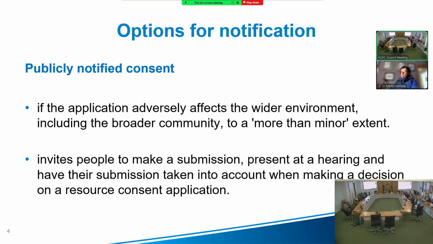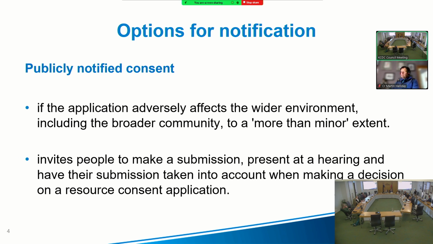They then consider, is it something that can be mitigated to a lesser effect? And if it cannot be mitigated, then potentially it would be publicly notified. A third criteria that really affects public notification is if it is required by the district plan or the regional plan. Sometimes under the NES there are specific criteria as well that would justify public notifications.